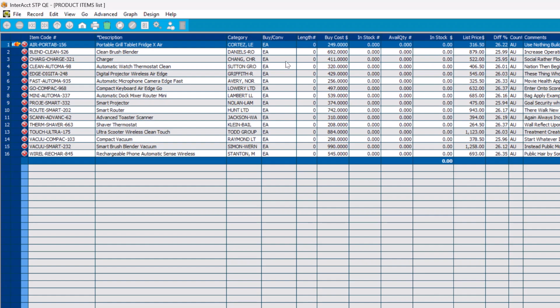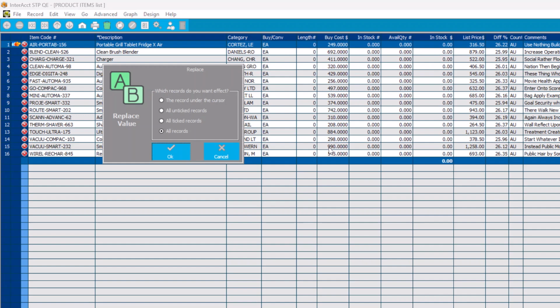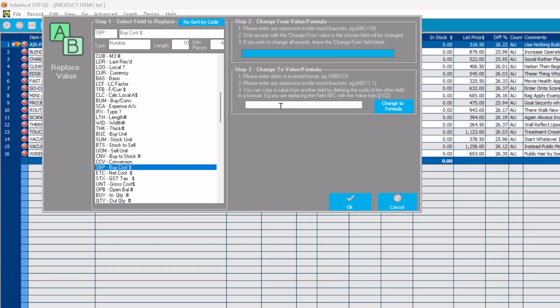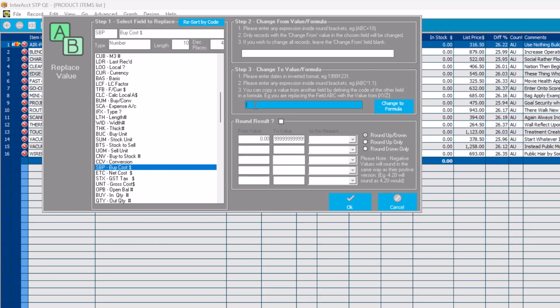So again, if you're wanting to, for instance, change the buy cost with the same calculation, you just run that same function again. So we're looking for buy cost, but just scroll down. It should be closest to the top here. There it is there, buy cost. And we do the same sort of thing. So there's the field code SBBP. So I want to just multiply that out by